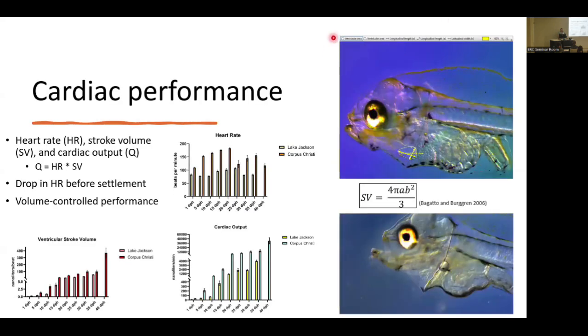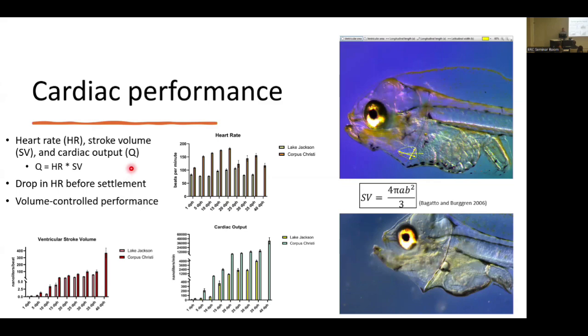Then again, to corroborate that, we were looking at the cardiac performance of these fish, putting them under a microscope and taking some videos of the ventricle down here. Then using frames from that video to calculate the dimensions of the ventricle, and using a process that's been used for zebrafish to calculate the stroke volume of that ventricle. Again, stroke volume being just the volume of blood pumped per heartbeat. Measure that, heart rate, and then the product of those two, cardiac output, or Q,